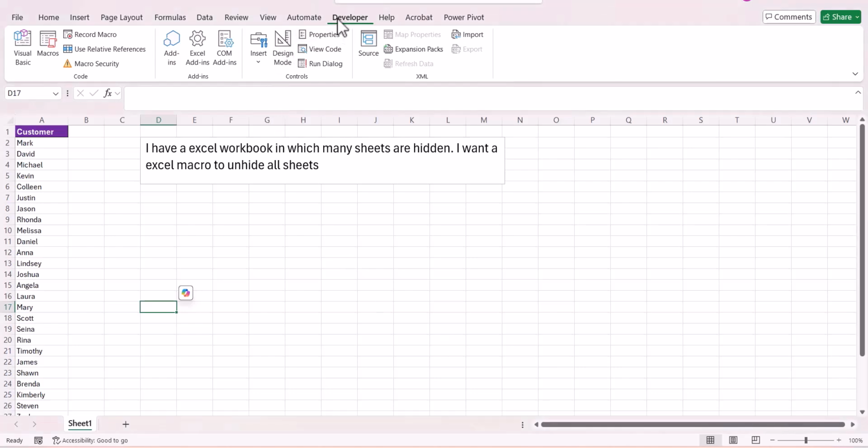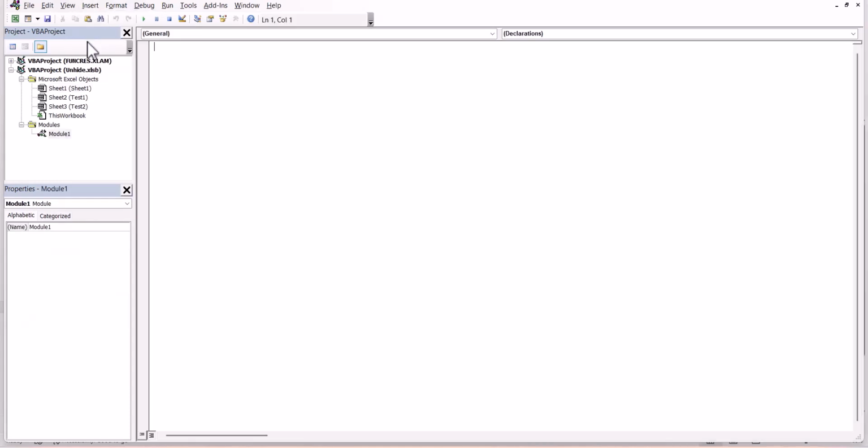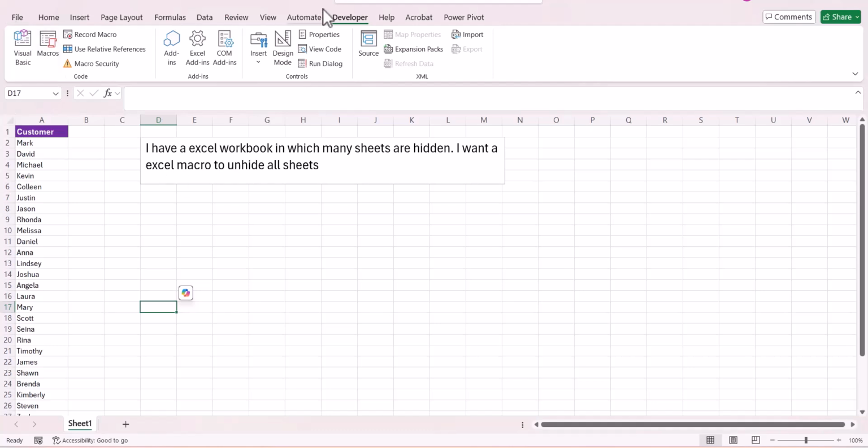Let us go to Developer, Visual Basic, Insert and Module and paste this code. Now you can run the code directly from here, but we will create a button to run this code. So go back to your Excel sheet by clicking this icon over here. Go to Developer and insert